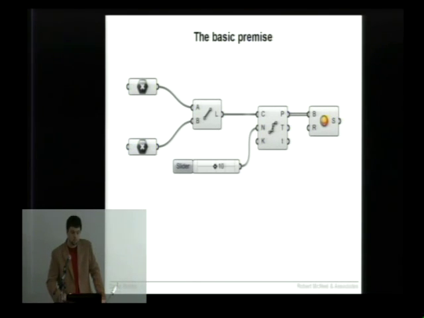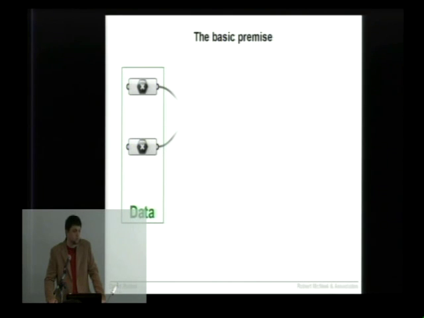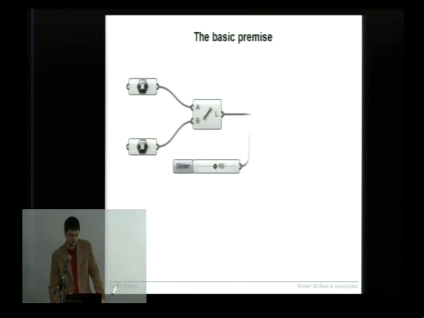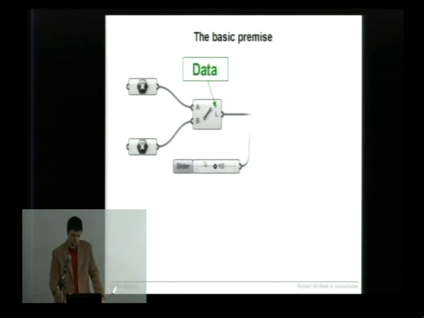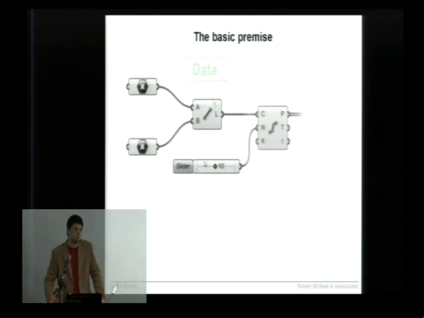So we start with data, always. In this case, there's 2 points. And those 2 points flow into an action, and the action creates new data. In this case, it's a component that takes 2 points and creates a new line. Also, we can have more data as numbers or text or surfaces or whatever, and that feeds into yet more actions which generate more data, and so on down the line. So all these steps are like lines in source code, basically. It's just, there's no code.